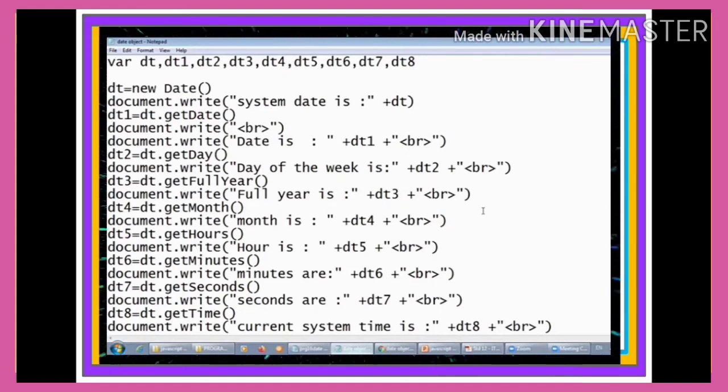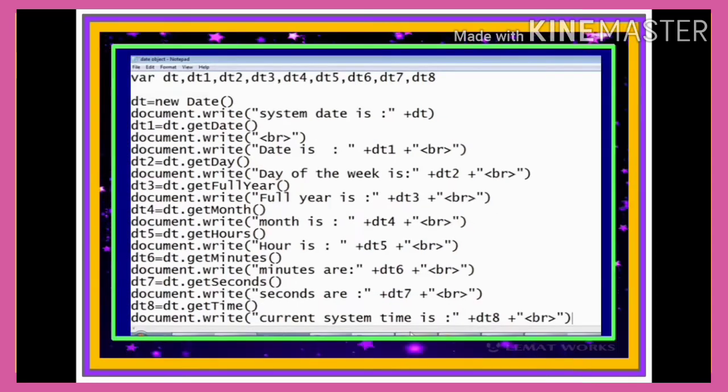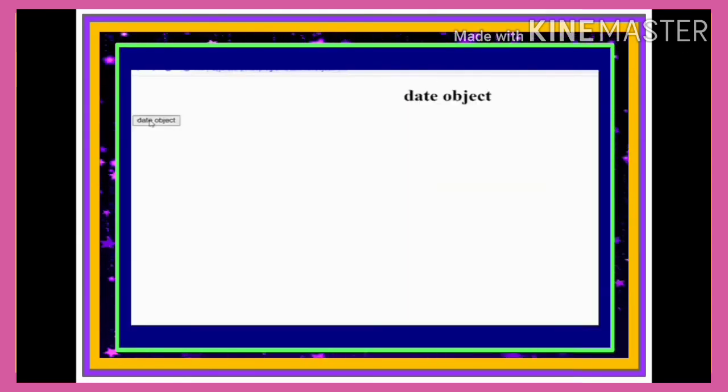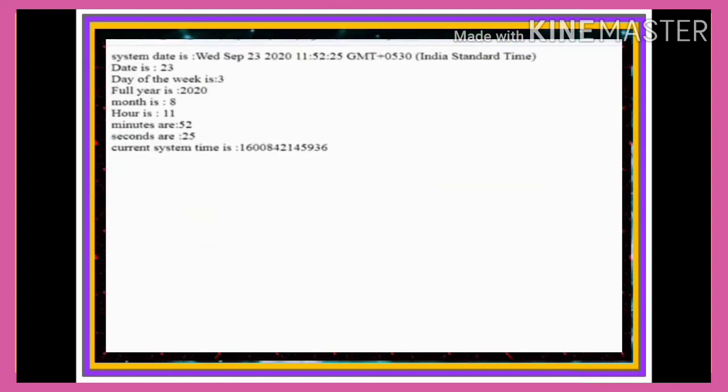Save the program, run on the browser. You will get this screen. Click on the button. You will get the output. Now the time is changed, so it shows minutes are 52, seconds are 25 and current system date is in milliseconds.